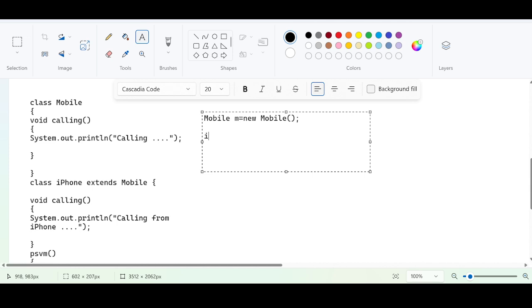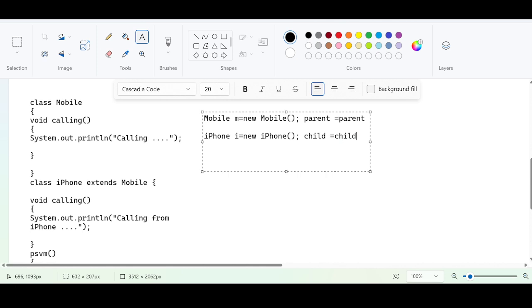Here, this object creation is parent to parent, a parent reference and a parent object. The second is child to child: child reference and child object.